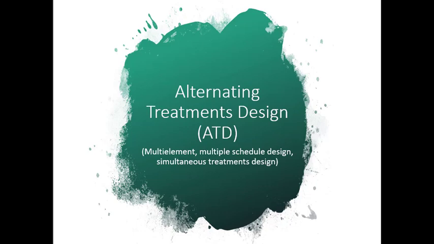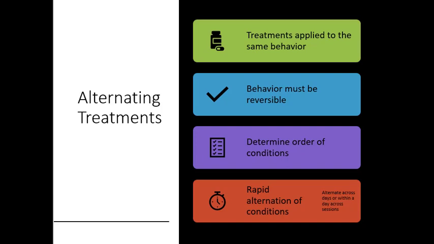The alternating treatments design is used to compare interventions. It is procedurally similar to the multi-element design, which is used when the objective is to assess factors that may be maintaining so-called challenging behavior. With this design, two treatments are applied to the same reversible behavior. We determine the order of conditions ahead of intervening and include rapid alternation of conditions across days or within a